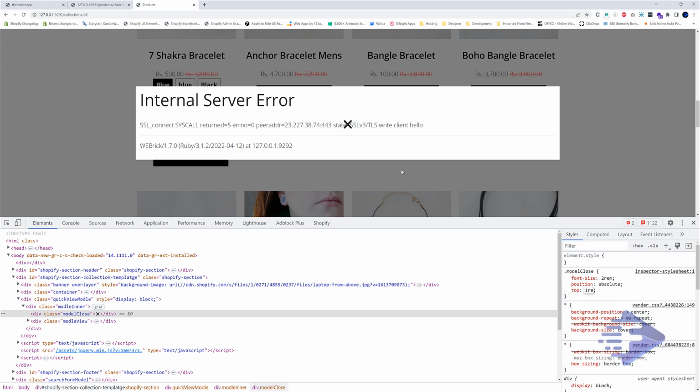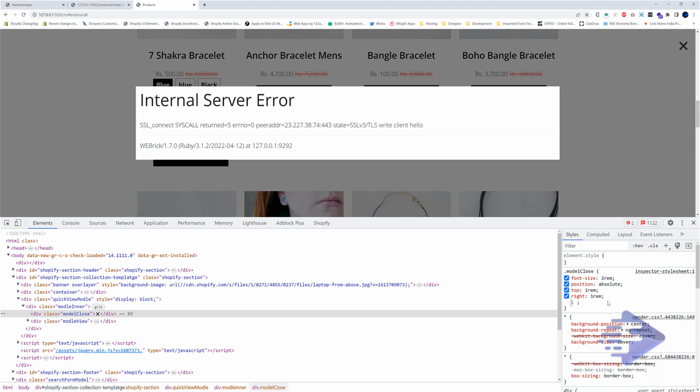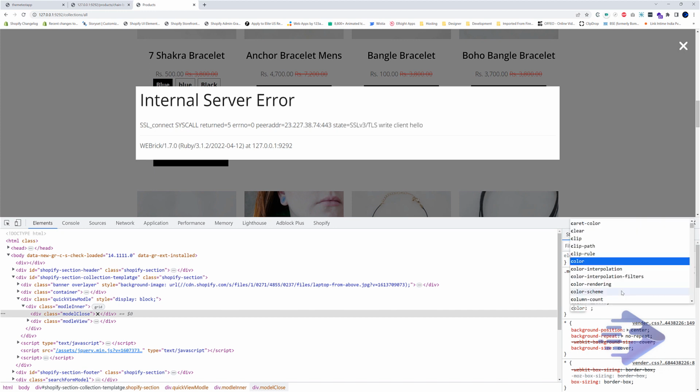Top 1 REM, right 1 REM, so it's moved to our corner. Next thing we have to do, I have to change the color. Color is white, and the other thing we have to add is cursor.